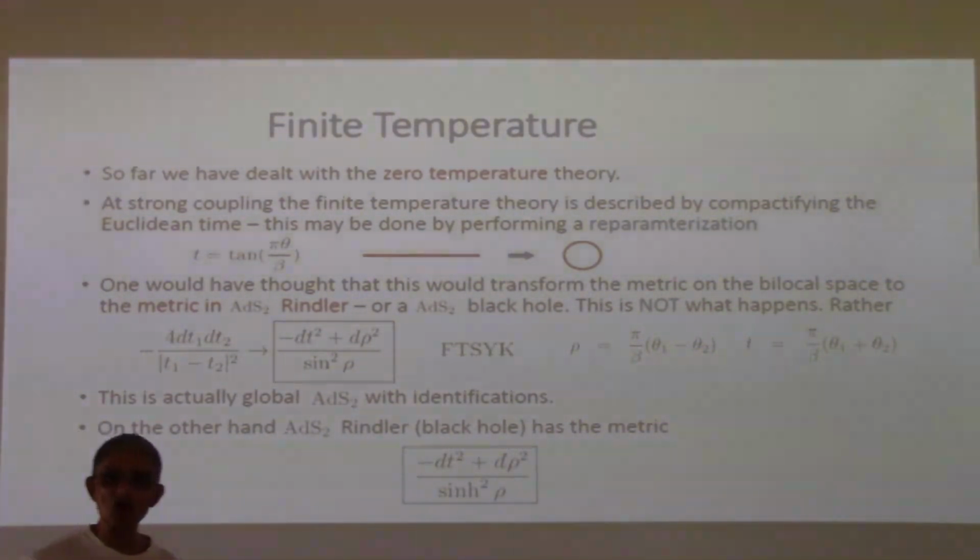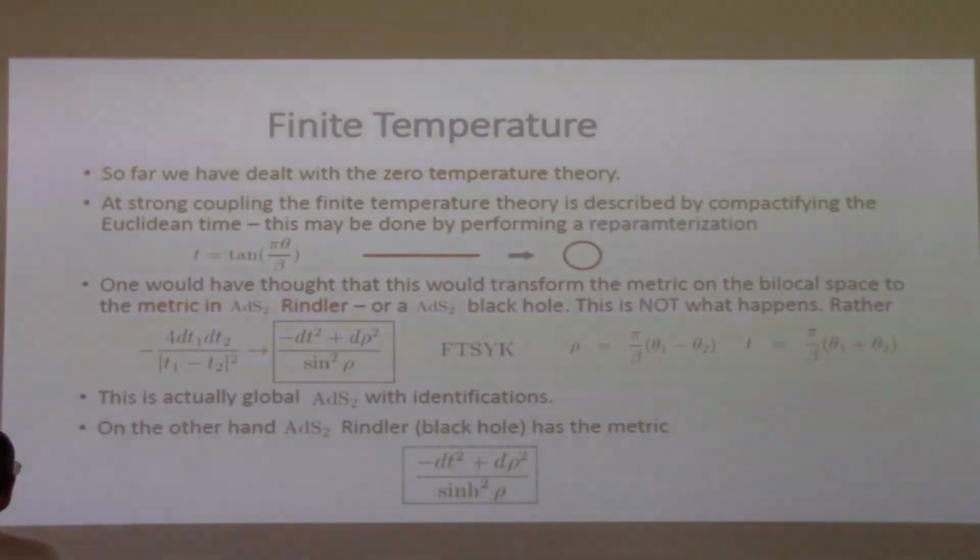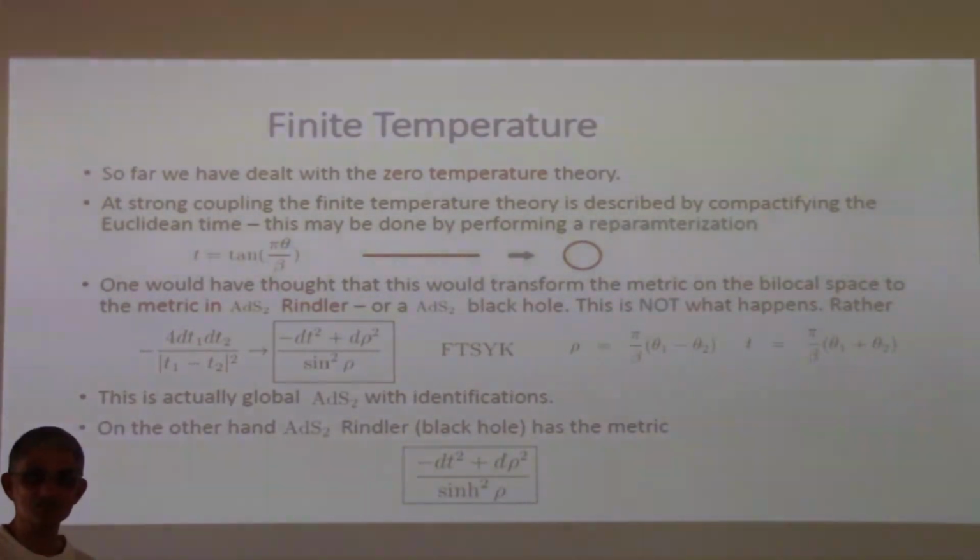And you would have thought that what it does is to take the metric on the bilocal space, which is written in terms of light cone coordinates as given here. This is the bilocal space metric, which is the Lorentzian AdS2. You would have thought it would lead to the Lorentzian black hole. And it doesn't. It leads to something else. It's a piece of global coordinates in AdS2. It's a piece because now these variables are all compact with 2 pi, so it gives very funny boundary conditions